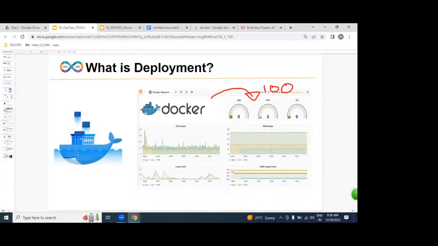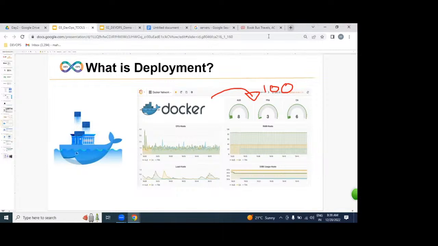For example, we are sitting in this room. Is this room isolated or not, all of you? Yes, sir. With the help of these four walls, ceiling and ground, six sides, this room is isolated. On top of it, in this room, we are conducting DevOps classes. In the same way, a Docker container is an isolated area which specifically holds our applications.